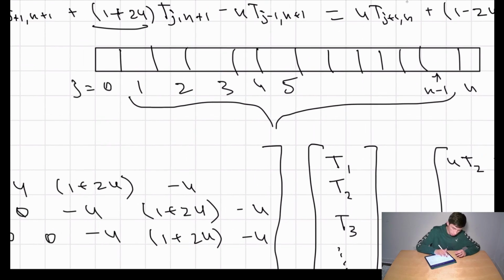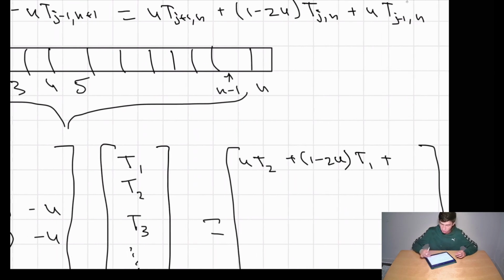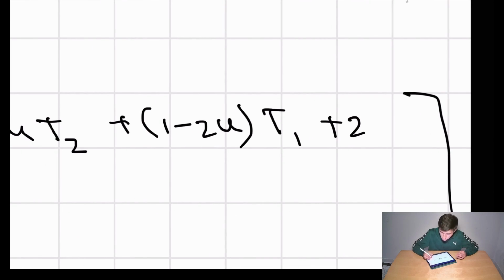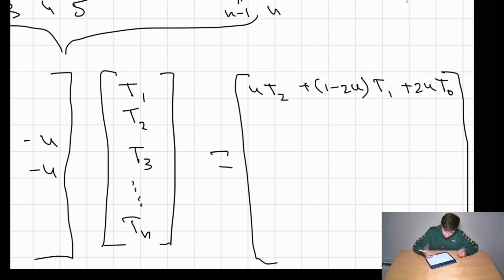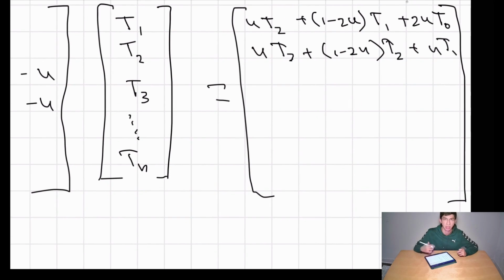But we also have this temperature right here, so I'm going to have 2 times u times T at time 0, okay? And for the next, I'm going to have u times T3 plus 1 minus 2u times T2 plus u times T1. Okay, and when j is equal to n minus 1,